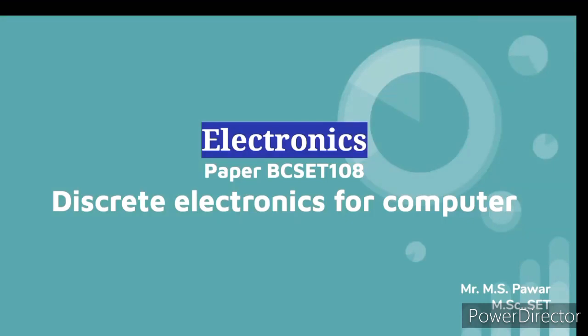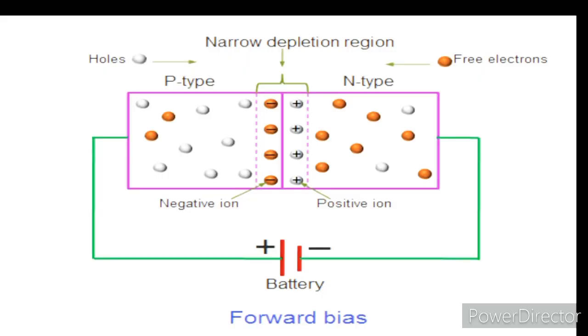In the last lecture, we discussed the structure of the PN junction diode and how it conducts. A PN junction diode has two conditions: one is the forward bias condition, and the other is the reverse bias condition. In the forward bias condition, we apply the external electric field with the battery's positive terminal